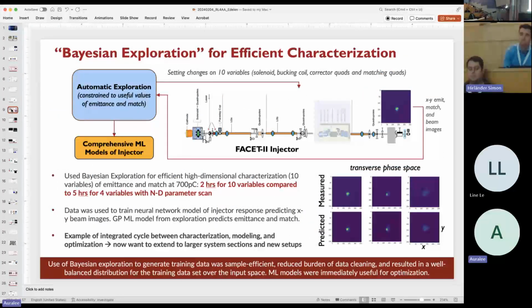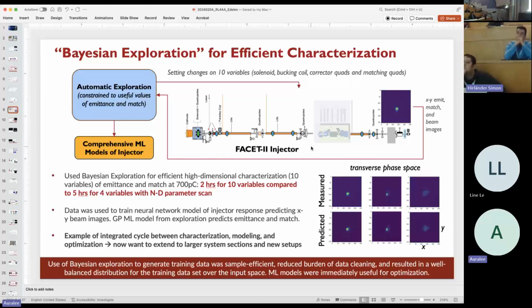We've also used a modified version of BO, which uses an acquisition function that's targeted for information gain to characterize systems efficiently. It's often the case that accelerator physicists will spend a lot of time doing ND parameter scans in order to characterize a new system. With this approach, we're able to adjust a larger number of variables and also add constraints. So we were able to specify that we want to avoid combinations of settings that have too high of a beam phase space area, for instance. And this handles all of that automatically. And it ends up being about 8 times faster to do it this way than by hand for this case